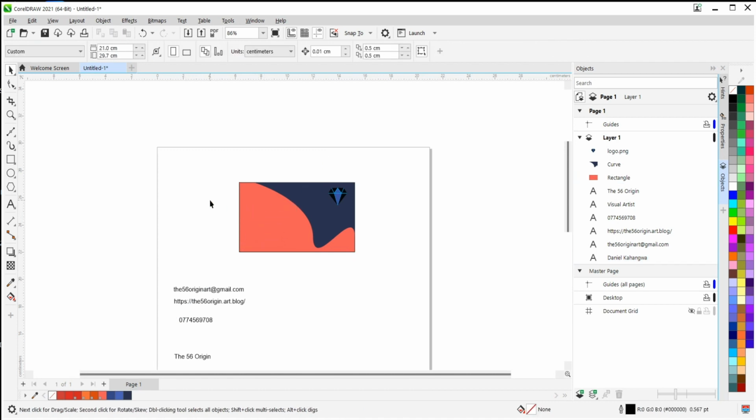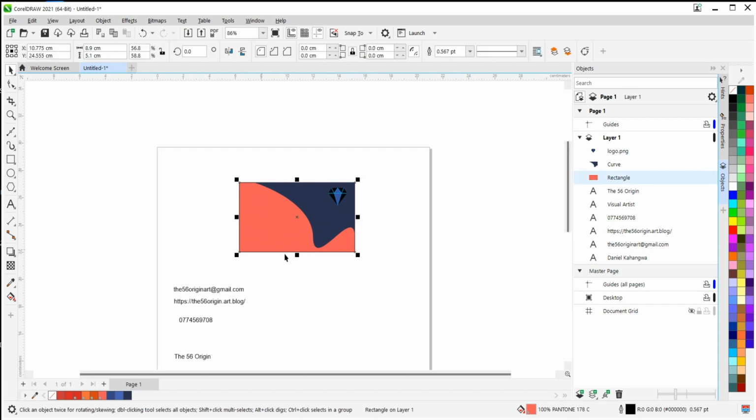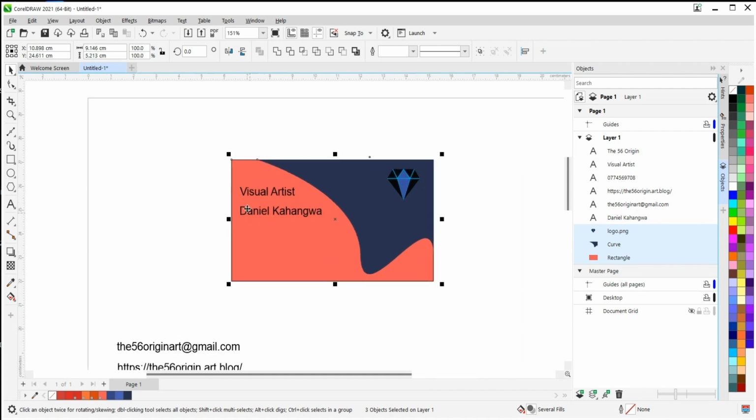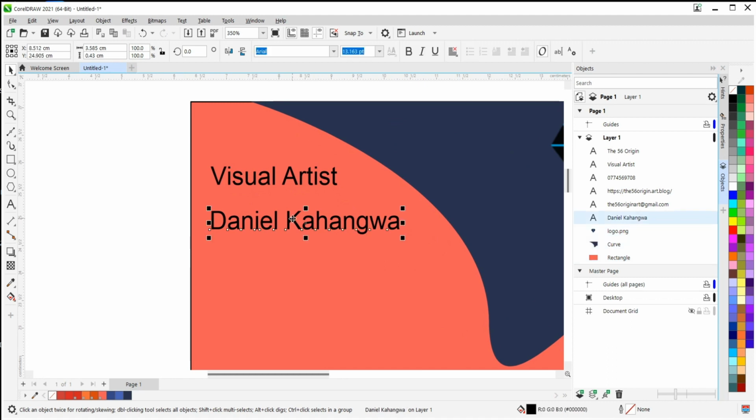That is because this rectangle, the red rectangle that you can see on the layers, is actually above the words. So what I will do is click on the rectangle under the layer section, click on the curve, click on the logo, and then take all of them right below the last name right there, and then I will let go. So if you noticed, this here has changed. So I'll go ahead and select the name, put it up here,